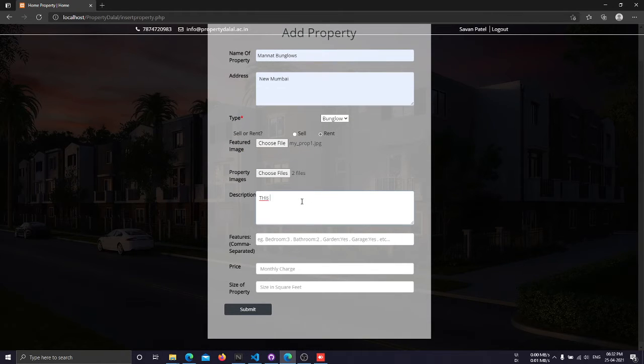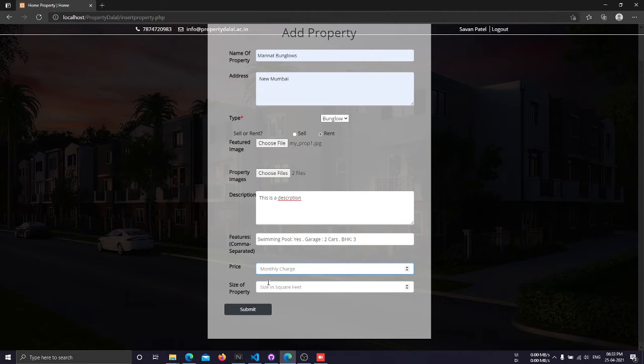Here we have to add the description. Then here we can add the comma separated features, like if we have a bedroom, bathroom, garden, garage, everything. So let's say we have a swimming pool, a garage of two cars capacity, and 3 BHK.